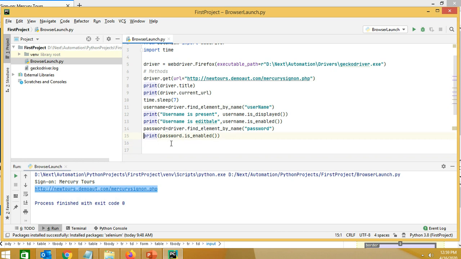First we will verify whether it is displayed or not, and then whether it's enabled or not. Similarly we can append "password is present", and here "password is editable".